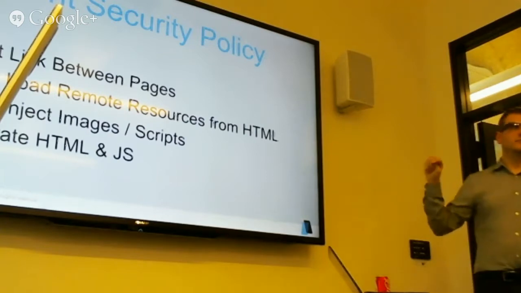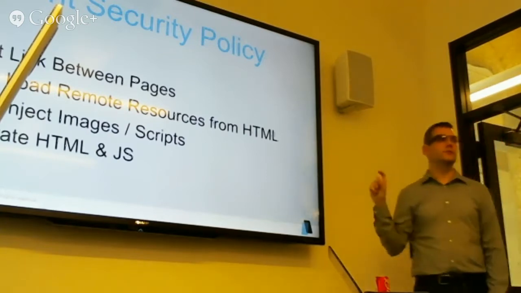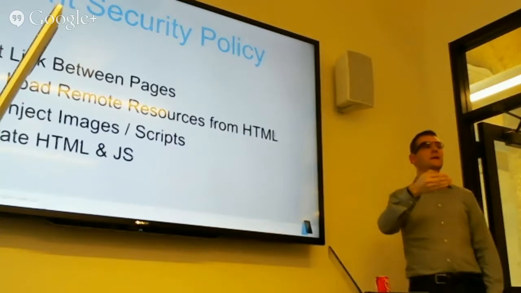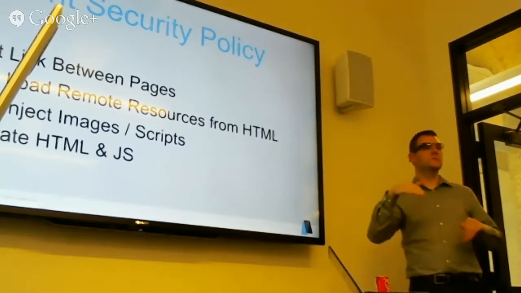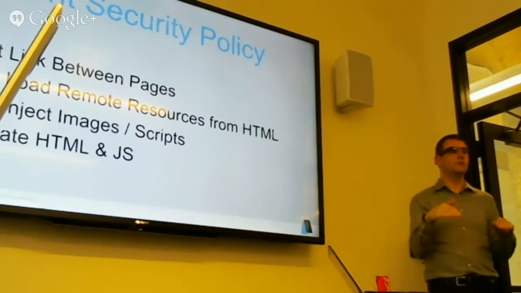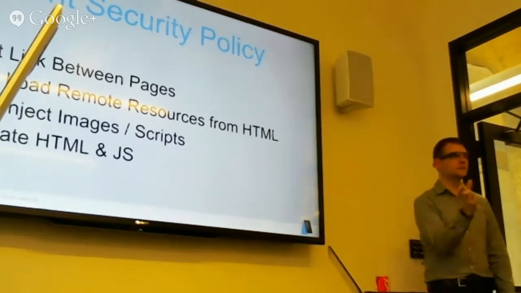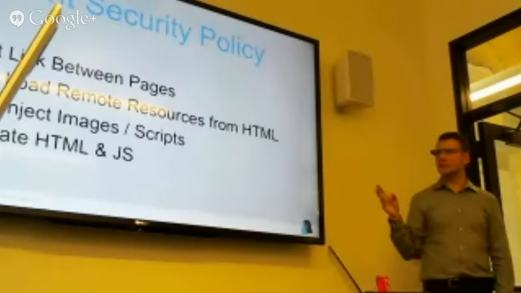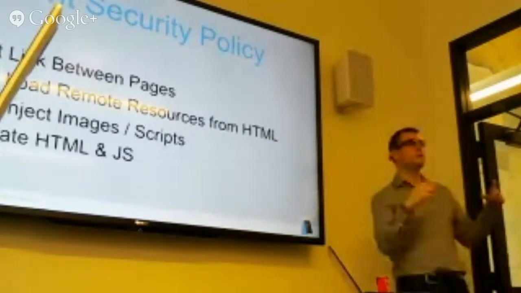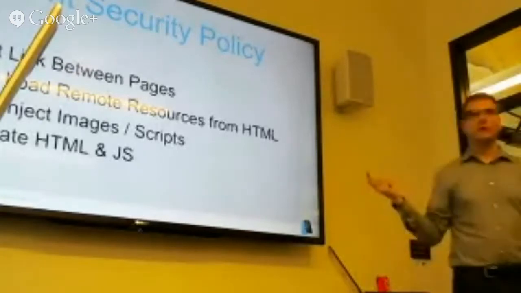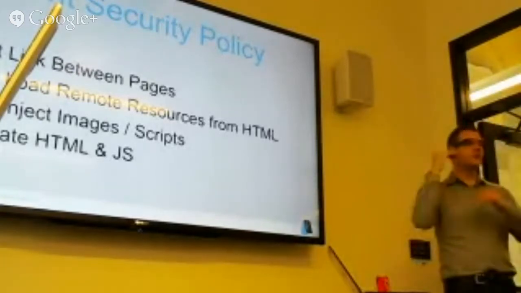You can't inject, so it's that same idea, you can't inject images or scripts. So all of it has to be in a .js file. So your index.html, it actually can't include any inline scripts, with the exception of the kind of little stuff that you squeeze into attributes. That's a little bit annoying. So, for example, one of the things I'll get into is this idea of a top bar and how you manage state. And then you have to separate your HTML and JavaScript. So, as I said,